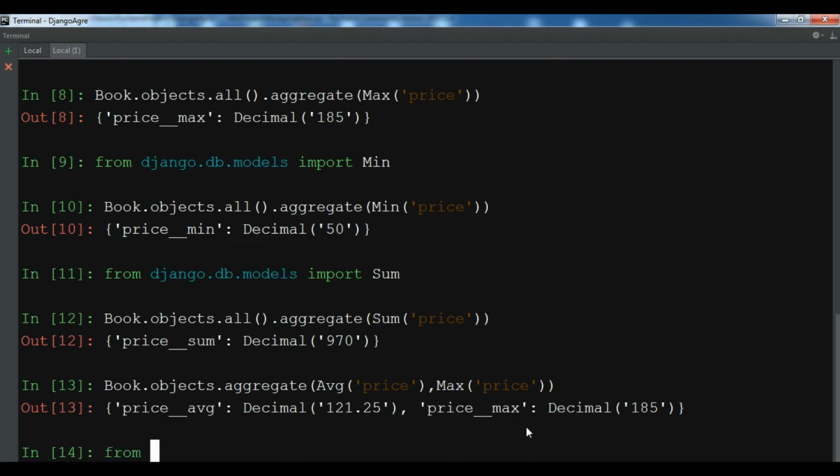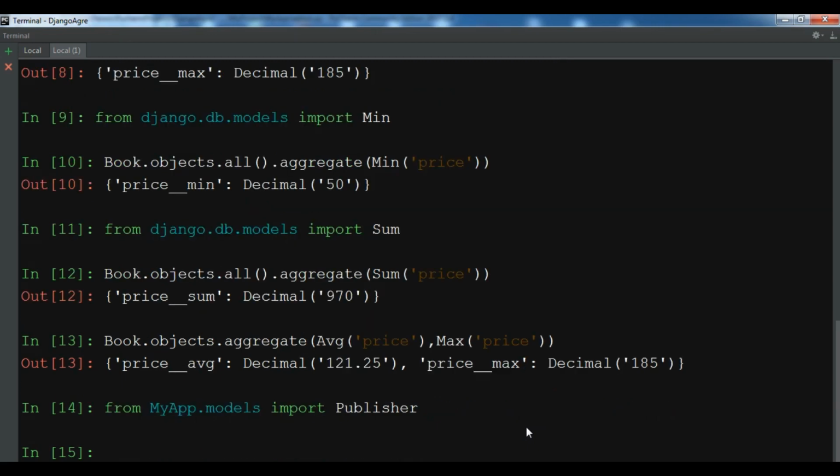So from my app dot models import Publisher. Okay, now after this let me create pubs, and this is Publisher dot objects dot annotate,